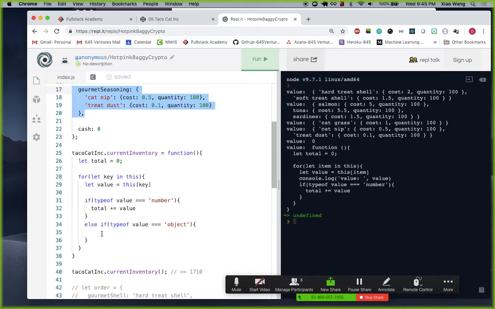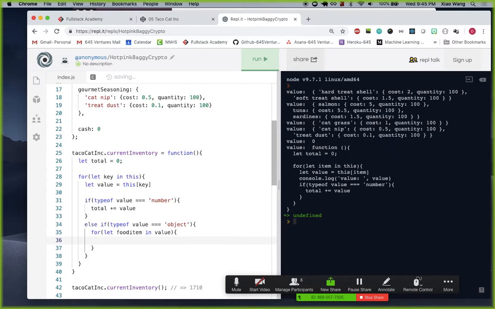And now all I really have to do is calculate the total of this. Okay, so how do I do that? Well, here's where the tricky part is, right? What is value in this case? As we can see here, value is another object. So what I actually need to do here is a nested loop, and so here I'll call it food item in value. Okay, and if I just console.log out food item,